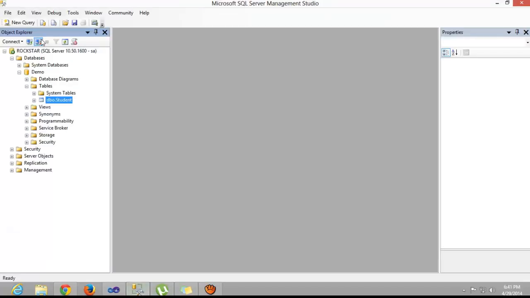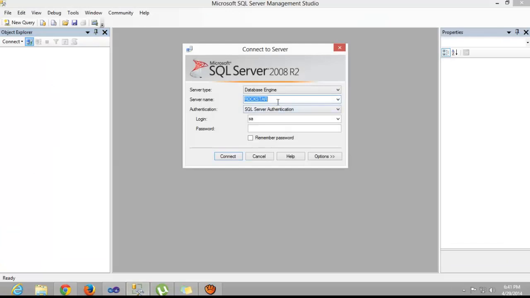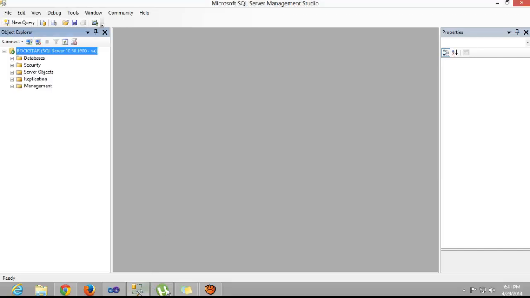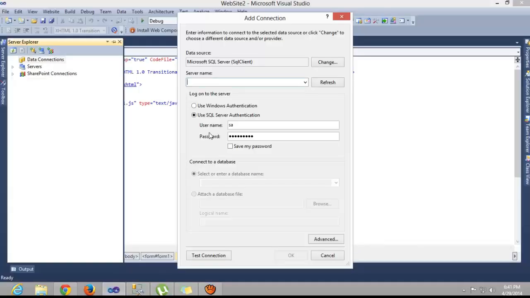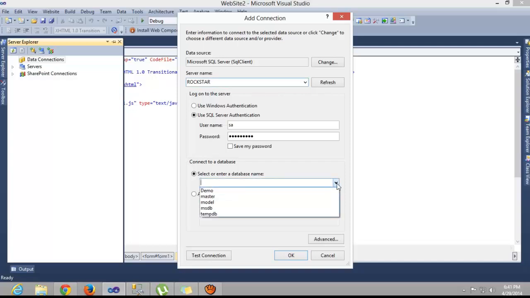Okay, server name, we have to provide a server name. Okay, it's a demo database, test connection. Okay,